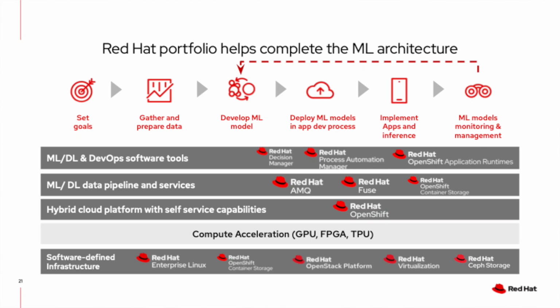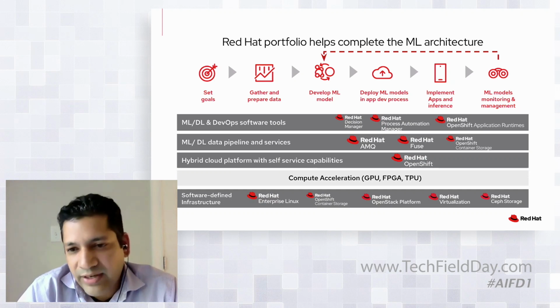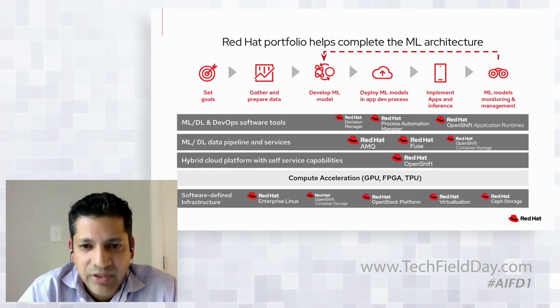And then as part of our middleware portfolio, that's where we have the AMQ product. Think of it as Kafka on Kubernetes. Kafka helps out a lot here in terms of data ingestion and stream processing. So we have the capabilities there as well, where you may be able to get the data from Kafka from all kinds of locations, store that on the Ceph storage, and then present the data onto OpenShift, into all the tooling.